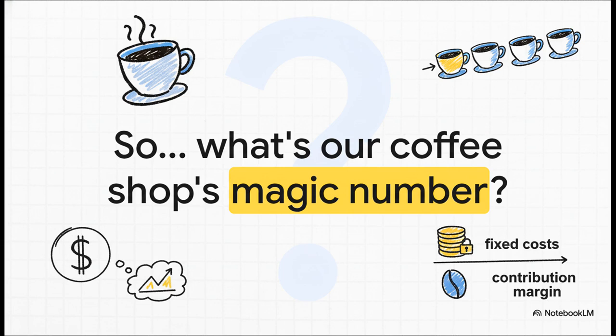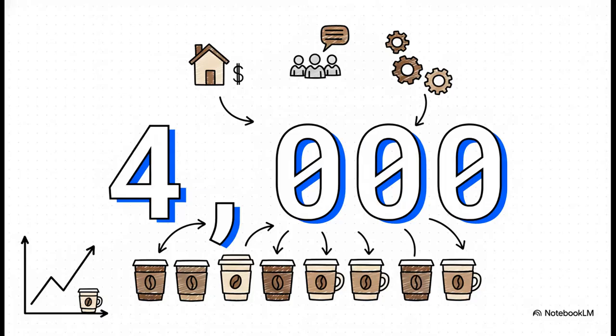The formula is actually pretty simple. You just take your total fixed costs and divide them by the contribution margin you make on each coffee. So for our little shop, what is that magic number? 4,000. That's it. That's the number. Our coffee shop has to sell 4,000 cups of coffee every single month just to cover its rent, its salaries,